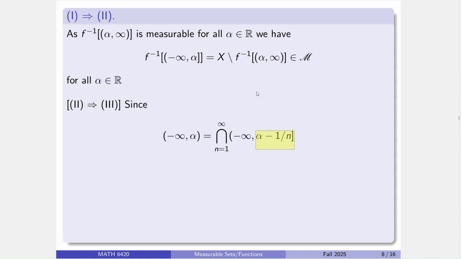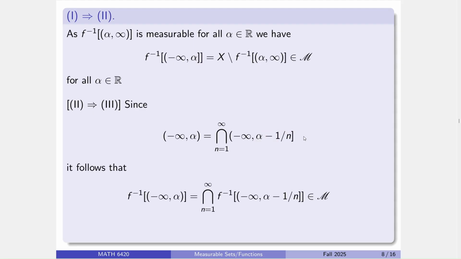And here's why you need the for all alpha. Note in this proof here, if you had one alpha that worked, then that alpha would work for the complement. But here we see to get the open part from the closed, this is why you need the all alpha. And obviously now when you take the inverse image of this, that'll work.